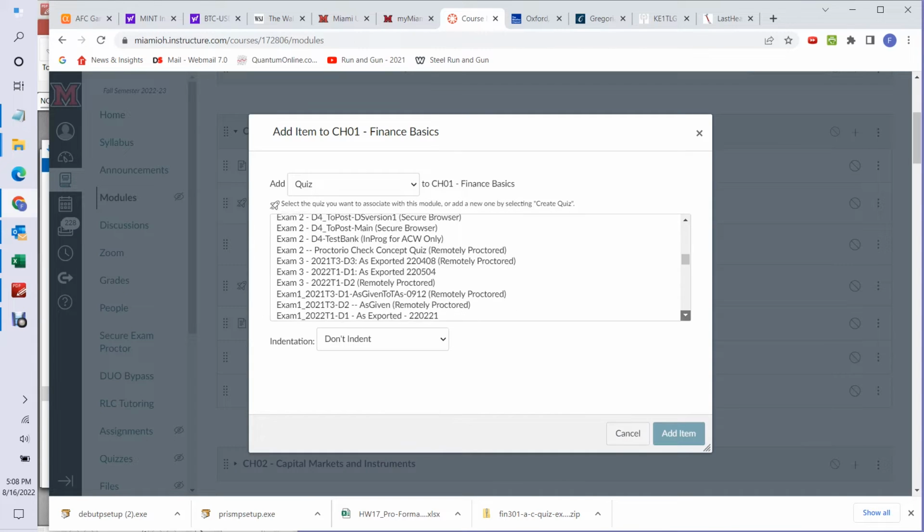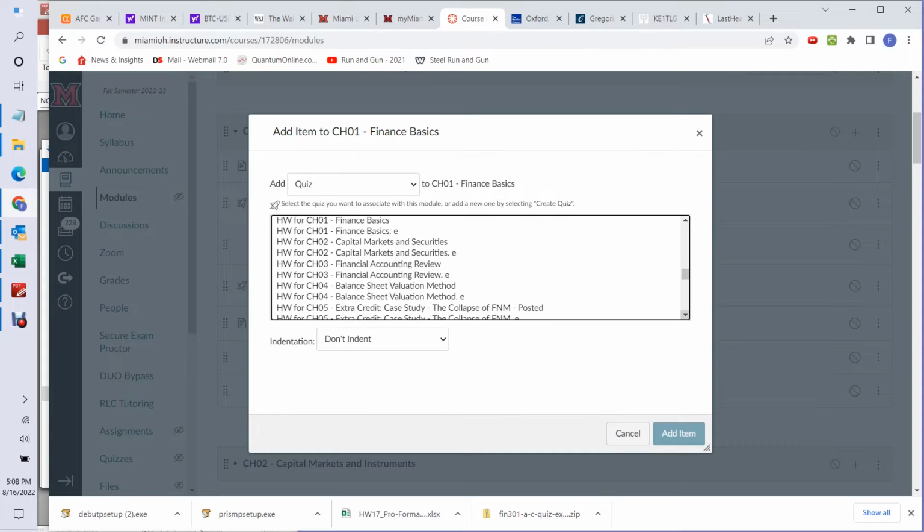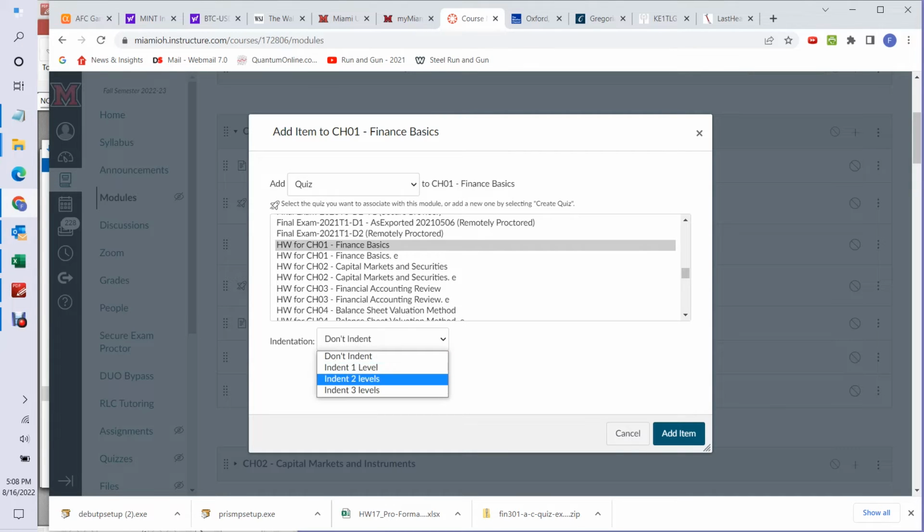So actually it should say something like homework for CH01. And actually it is looking like we have some alphabetical order, so that's good. Sometimes you do and sometimes you don't with Canvas. Okay, so we already have this one with a .e at the end. It's a long story, but all the ones we want to keep as assignments have a .e at the end. So this is the one that we're going to want to morph into a beautiful homework solution. So I'm going to select that, and I'm going to say indent 2 levels, and I'm going to say blammo